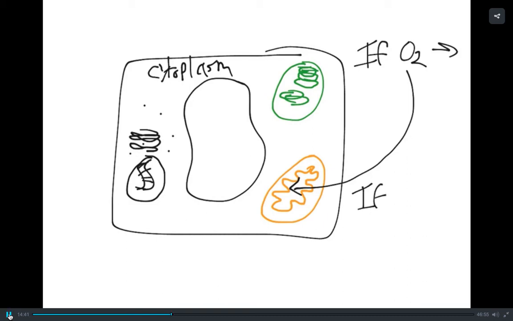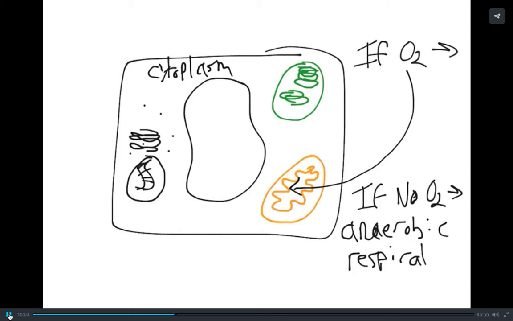If there is no oxygen, then the cell undergoes anaerobic respiration. Right, and like I said Tuesday, this anaerobic respiration, we're not going to go deep into it, but just so you have an understanding of it, it occurs when there is not enough oxygen for regular cellular respiration to take place. Right? So if you think about yourself exercising,